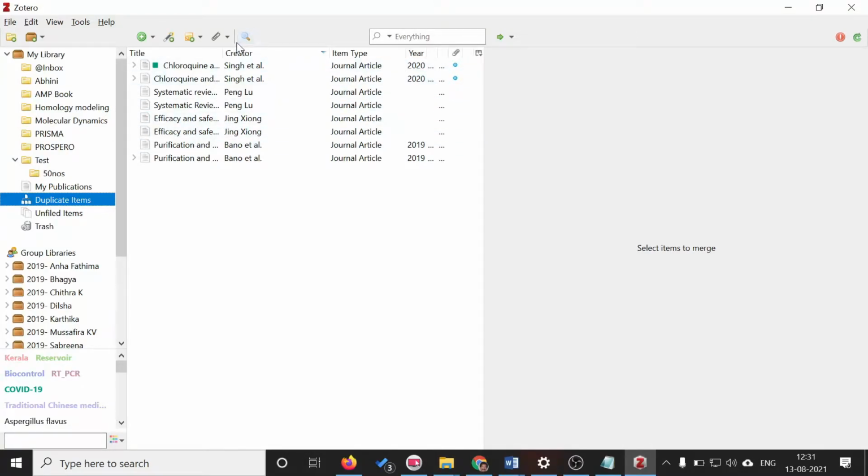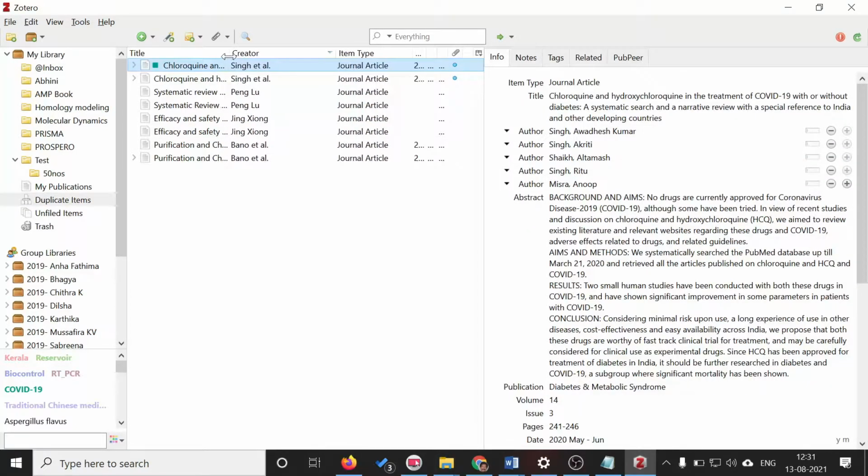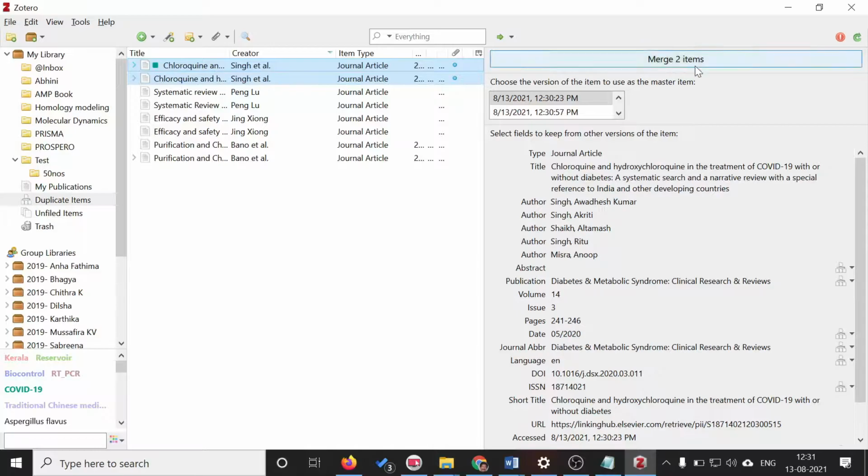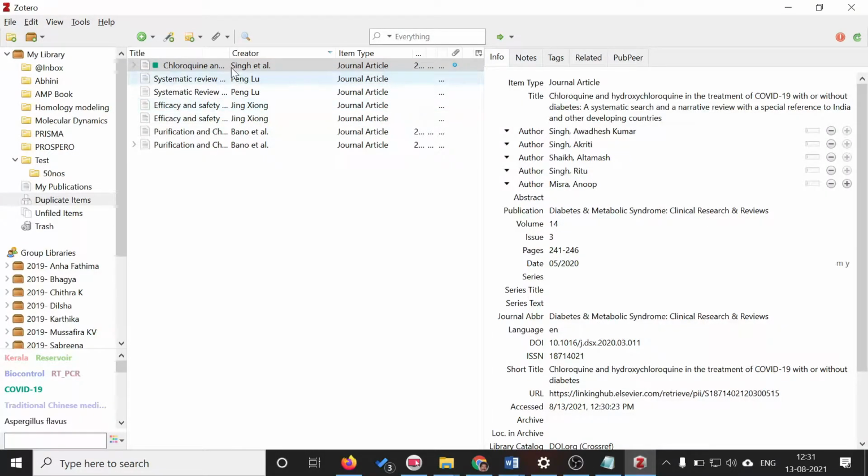So now you see that since I have downloaded the article 2 times, one time using DOI number and the second time using PMID, both the articles will be listed as a duplicate. So in that case, you can select all the duplicate items by clicking on this one, and you can merge these two items. So now you have only one.